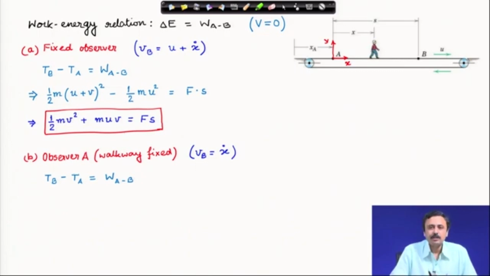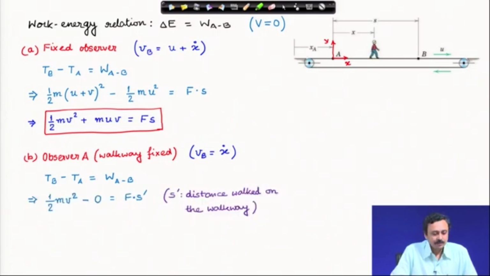Observer A is sitting on the walkway and writing down this work and energy relation. What does this observer observe? The velocity at B, when the boy has reached this destination B, gives the kinetic energy half m v square, where v is the relative velocity, minus the initial kinetic energy, which is 0. So the final kinetic energy, half m v square minus 0, is equal to F times